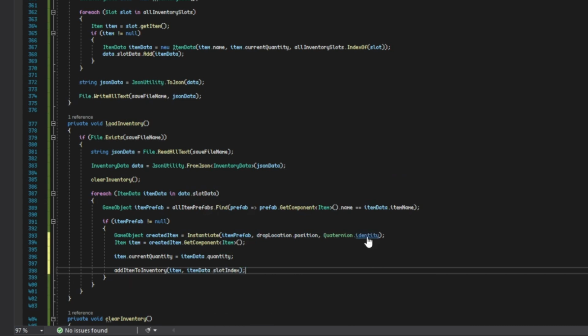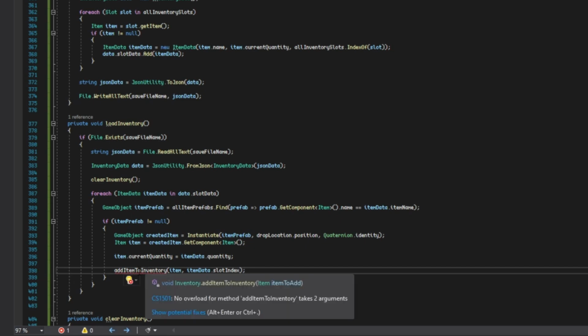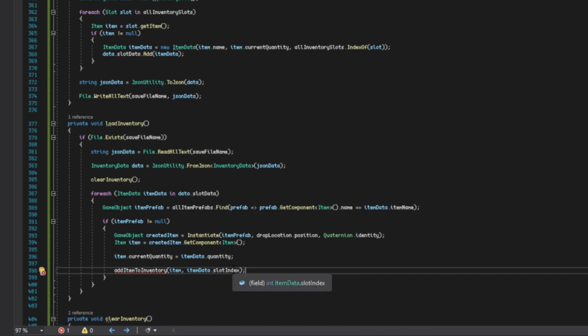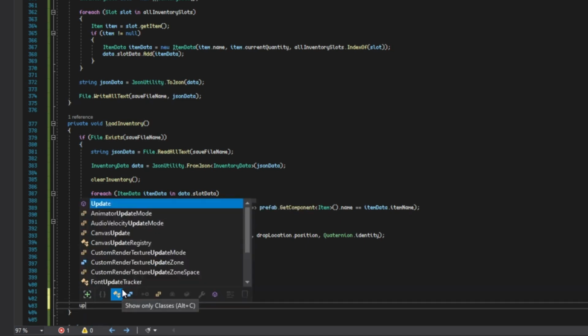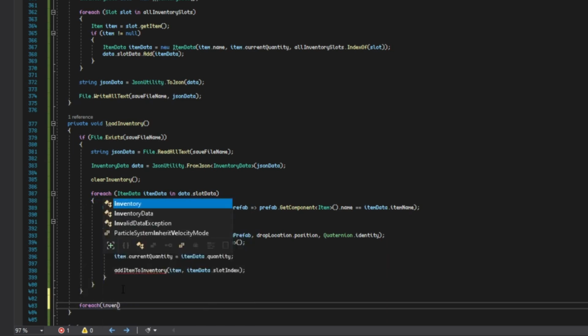index. Now after we've done this, you'll notice that we get an error beneath this. We'll fix this in a moment, and what we're actually going to be doing is overriding the add item to inventory's functionality to directly set the index of the slot, which will allow us to put the items back into slots that they were originally in when we closed the game. But before this, we'll do for each